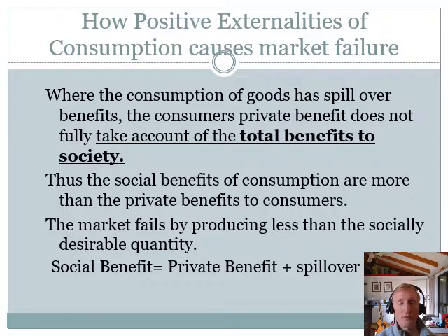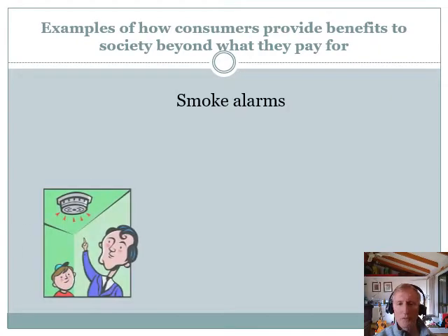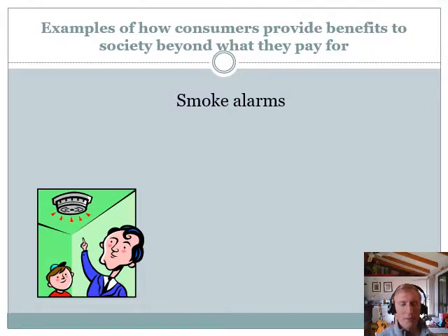Hence, the social benefit is greater than the private benefit. We'll see how this looks in the diagram. But first of all, what are we talking about here? What is helpful? Well, consumers, that's going to be very helpful for the private homeowner. But the fact that all homes now are going to be equipped with smoke alarms and perhaps even sprinkler systems and any other type of protection equipment that consumers will have, even security, all these kind of issues, it's